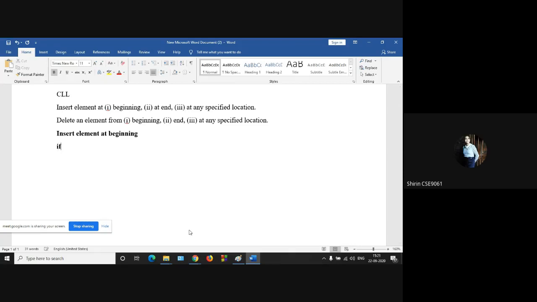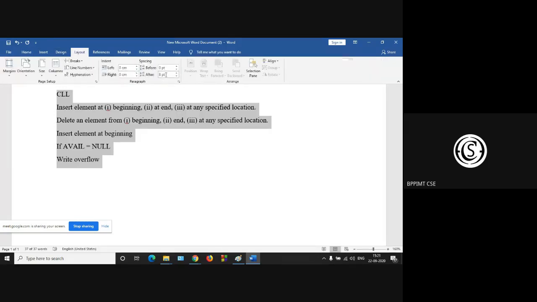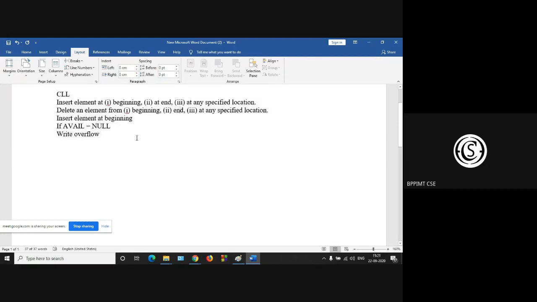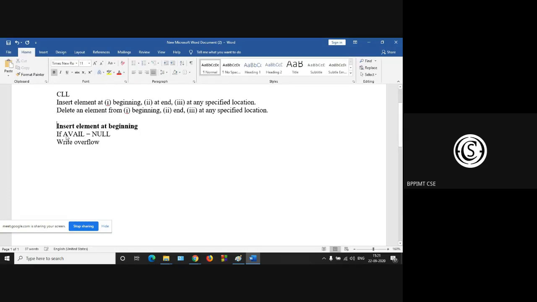So if available space is null, then write overflow. Okay. If avail is null, then write overflow.